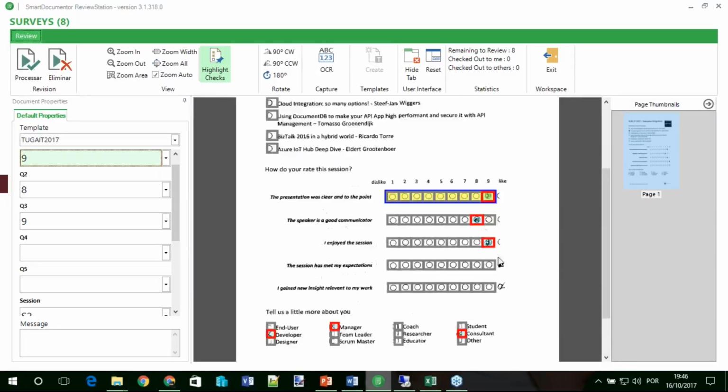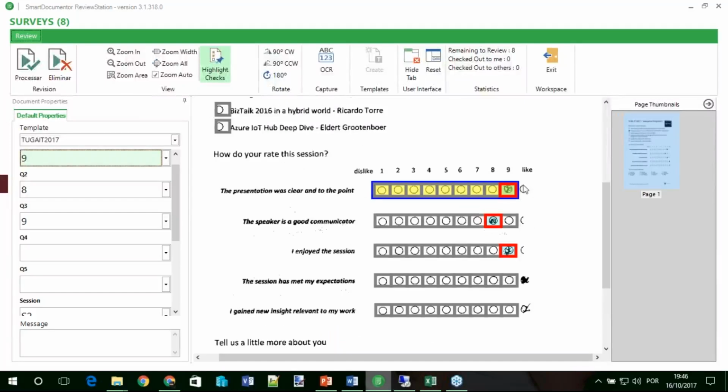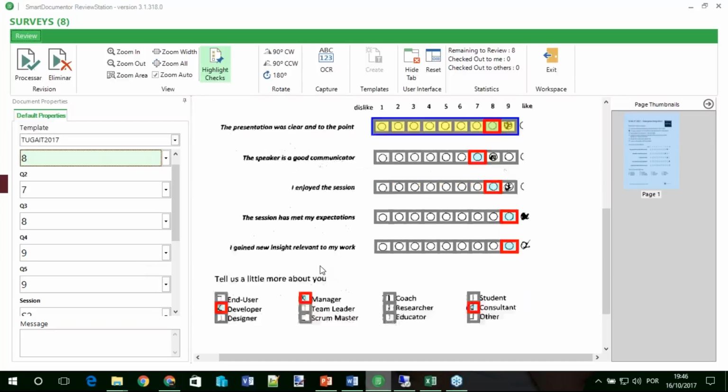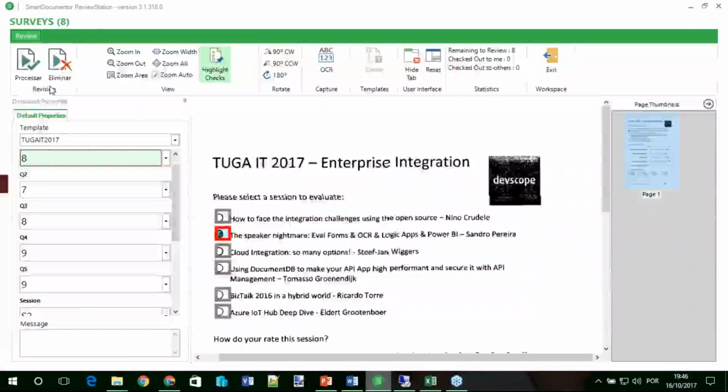Here, for example, I had a printing error, and people thought the evaluation is from 1 to 9, and there was a noise in the form. So people saw that the like was a 9. So here I will select the 9. Here is a 9. I can extrapolate that if this is the 9, this is the 8, and this is the 7, and I can fix that, and I can submit and say process.